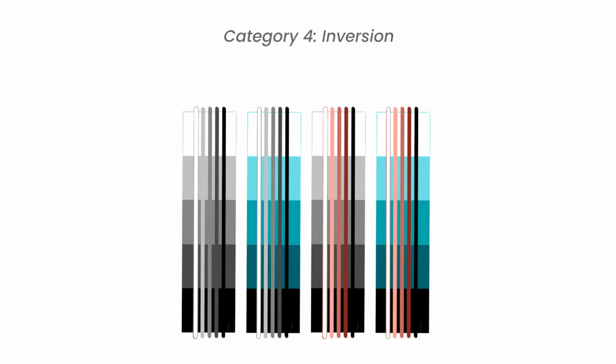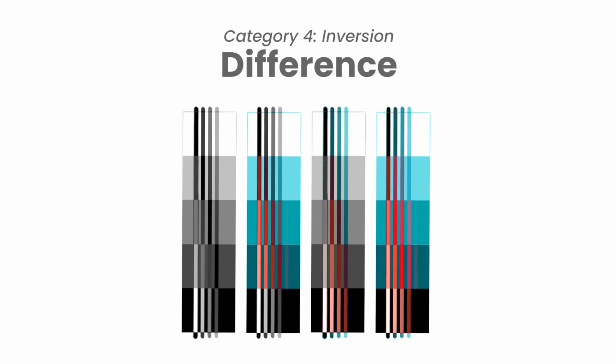To be totally honest with you, the inversion category is not necessarily one I use personally a lot in illustration, because it creates a really dramatic effect. It kind of flips the colors around, and that's not necessarily something I'm looking for. But it can still be a very cool tool to have in your toolbox in digital art in general, so we're still going to look at the different blending modes and see what they do, but I'm not going to have an example on the chameleon, it's only going to be on the color swatches.